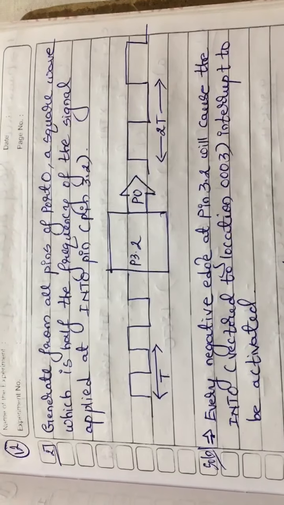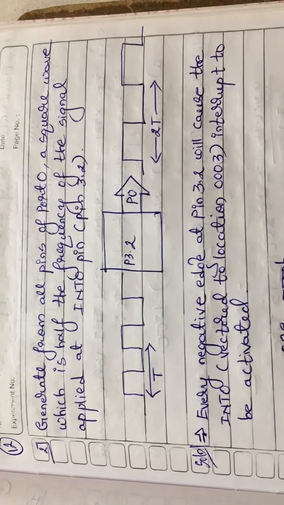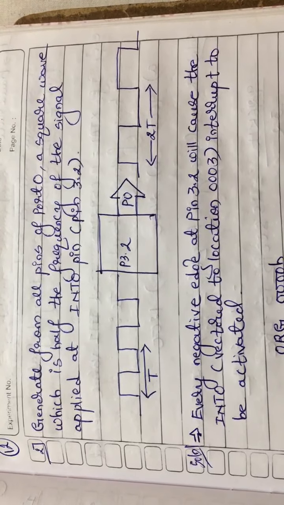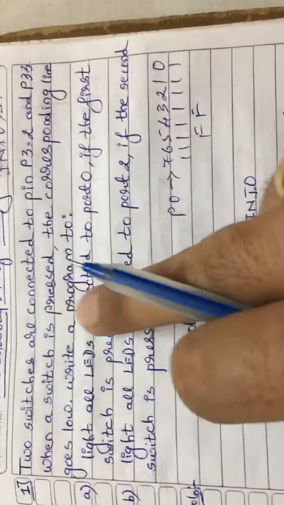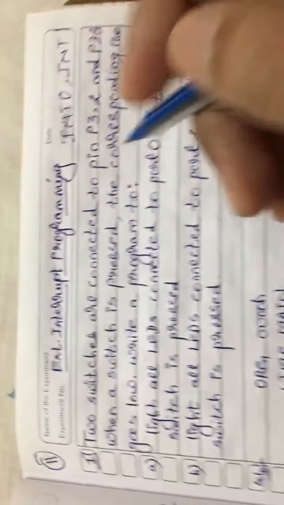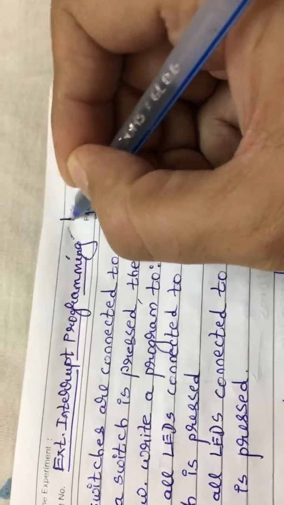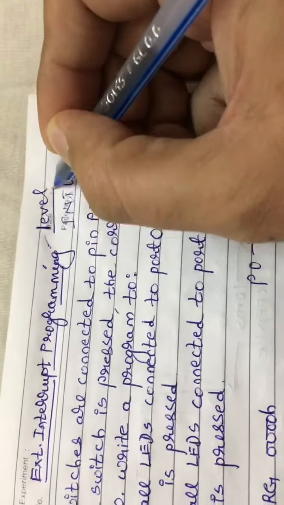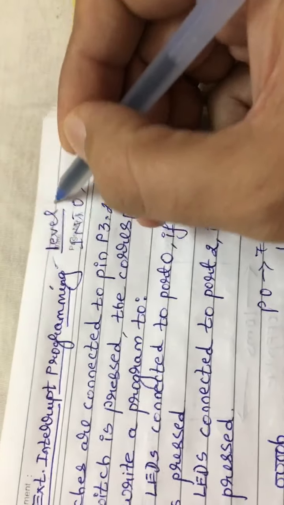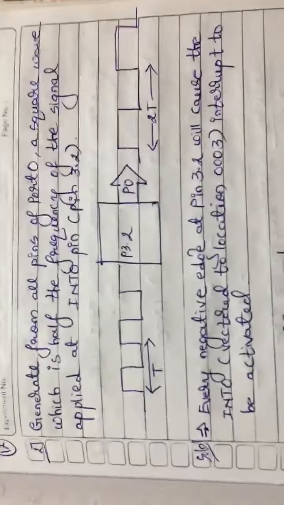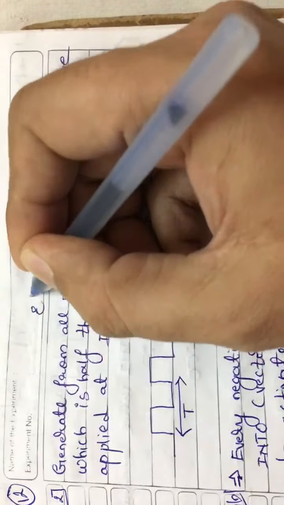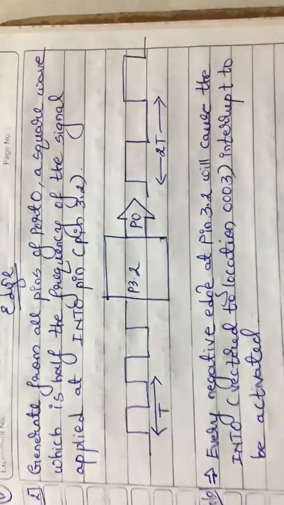So in the 11th lecture, we have seen the example with respect to external interrupt programming, and this is the example with respect to the level triggering. In this we have two types, right? Why I'm calling this example level triggering is here we are directly sending the value either 0 or 1 to the switch P3.2 or P3.3. So now we'll see the example with respect to the edge triggering, right?